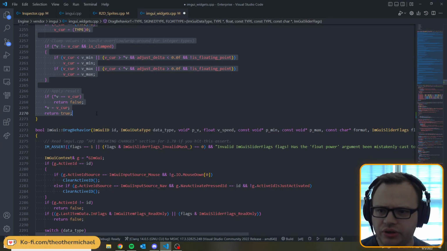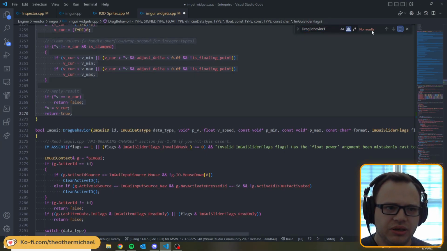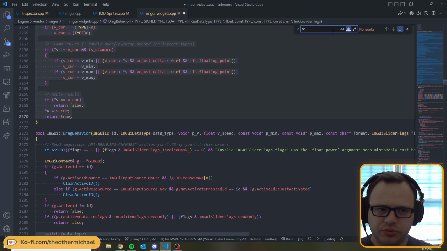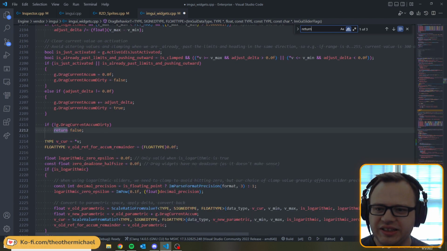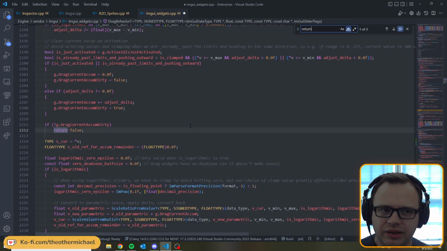I need to see where all the places it returns. So I'll do Control F, limit my search to the text block, and then search for a return. Okay, there's 3 places. That's weird. Oh, I misread. I thought for a second that they all just returned false. I'm like, why do that? But basically at the very bottom, it'll return true,